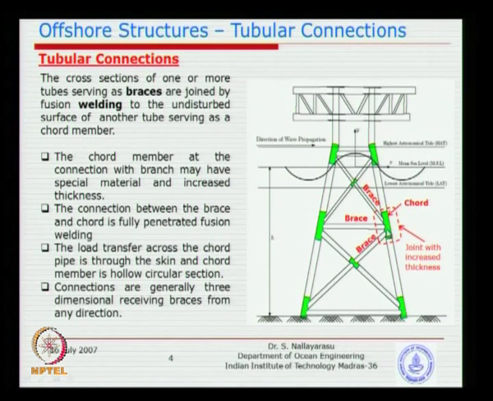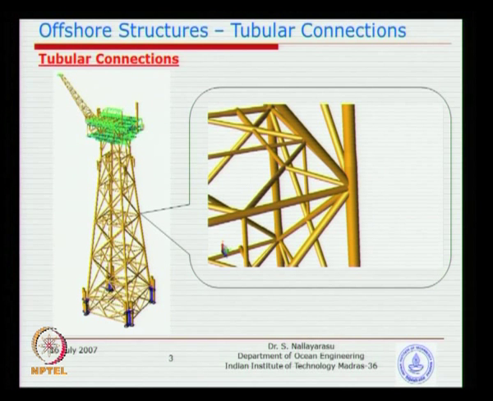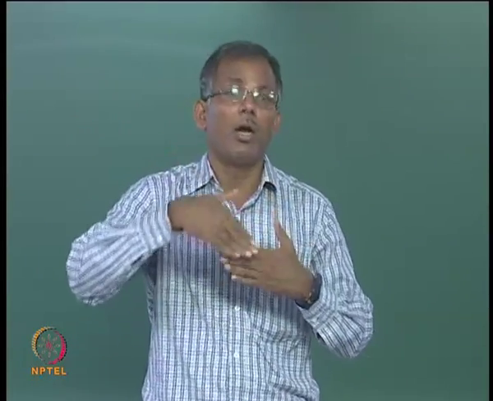So this is the terminology used in the design: chord and brace joined together in many of the forms, which we will discuss later, are called tubular connections. Now, you see the difference between this picture and the picture that you are seeing just now is three dimensional. If you go into this junction, you can see that if you take one plane, you have 1, 2, 3 members coming and joining, and if you take another plane perpendicular or on the other side, you will see another 3, and if you look at a horizontal plane, you may see another 1 member, or 2 members, or 3 members coming and connecting.